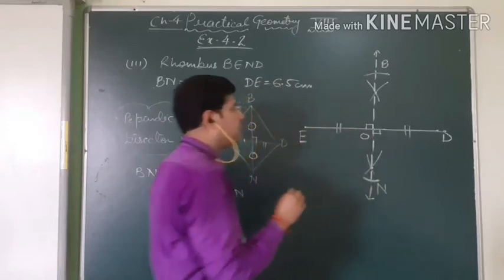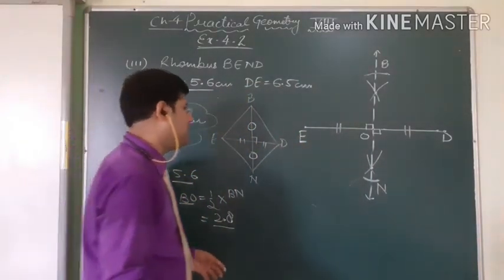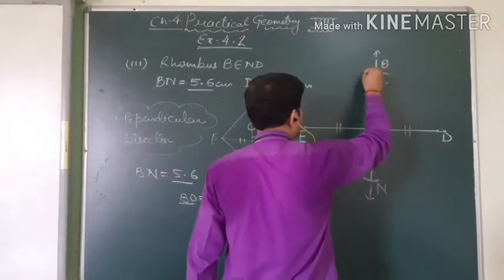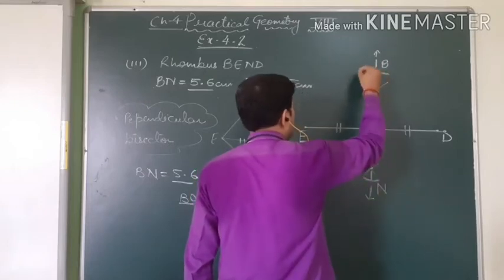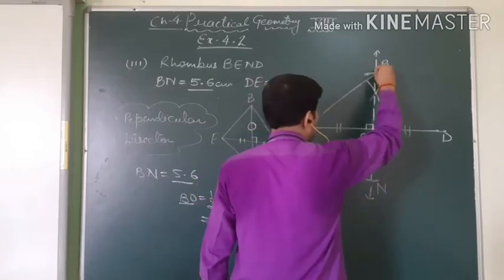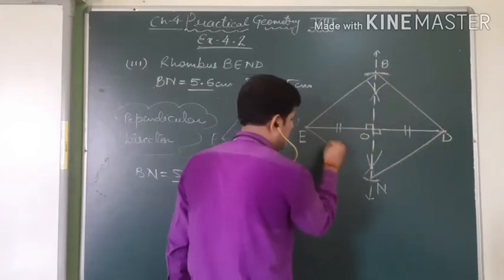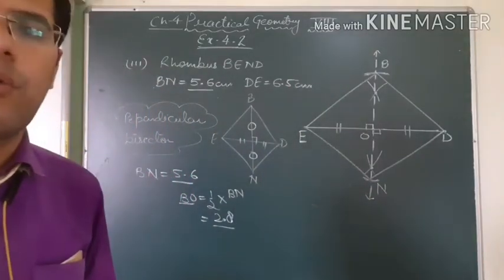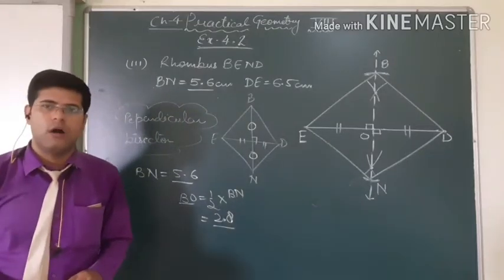And after making that line, you have to make DO, which is half of BN, which is 2.8. Take an arc from O in the upward direction OB, and the same thing in the downward direction ON. Now join ED, BD, and DN and EN. Hence we get our quadrilateral as well as rhombus. So by this method, you can form a rhombus